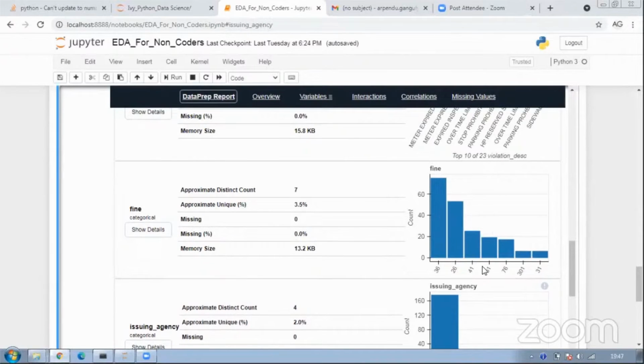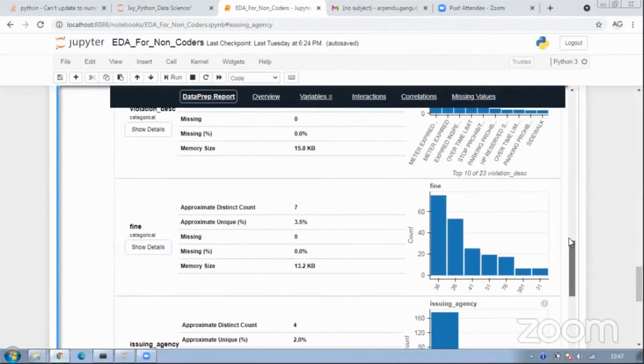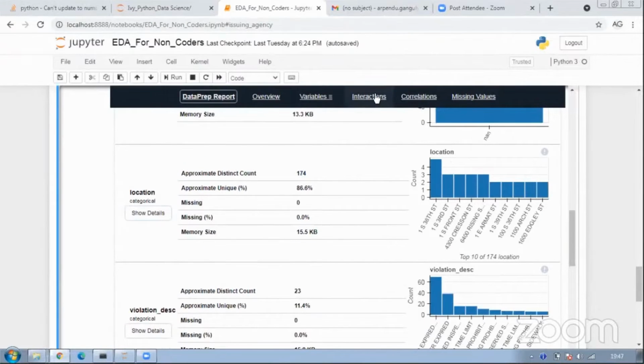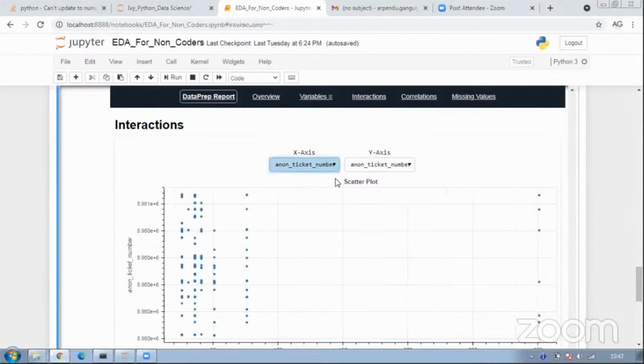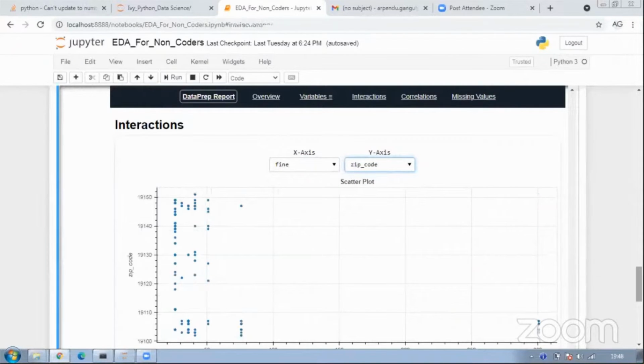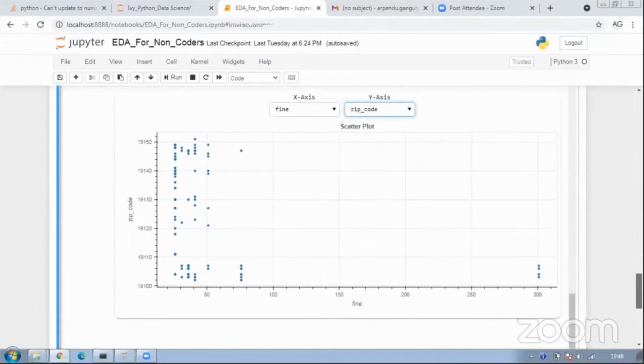So this itself is kind of a univariate statistics. We can also see the interactions in this, right? So if I want to check fine, let's say with zip code, and let's see if there is any kind of correlation between the zip code and fine.